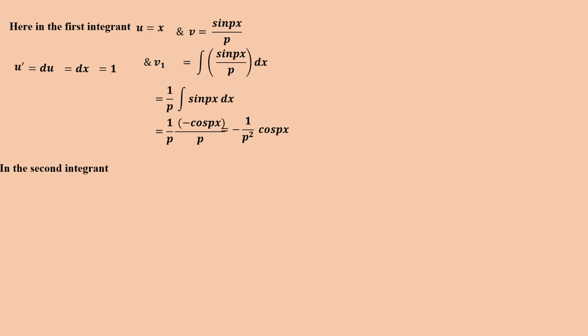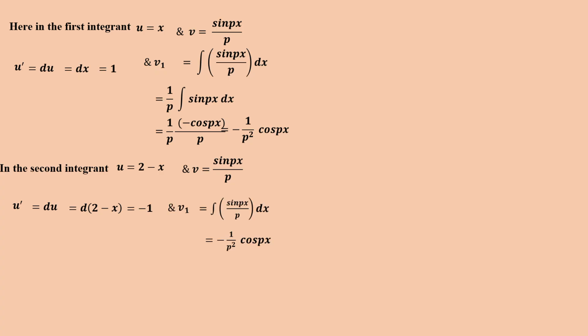Now we take the second integral of equation number 5. Here u is equal to 2 minus x and v is equal to sine px by p. U dash, that is du, is equal to the derivative of 2 minus x, which is minus 1, and v1 is the same as above, minus 1 by p square cos px. So equation number 5 becomes, using Bernoulli's formula to evaluate the integrals: